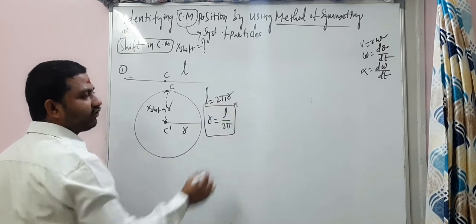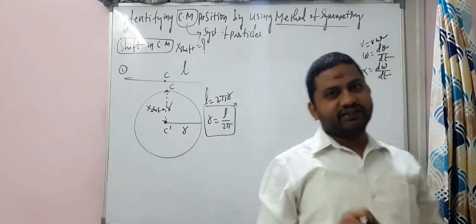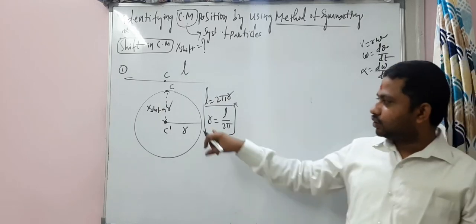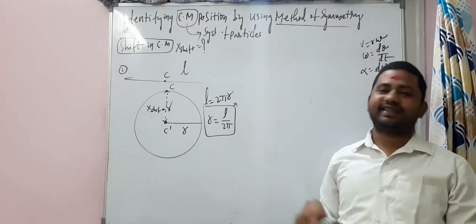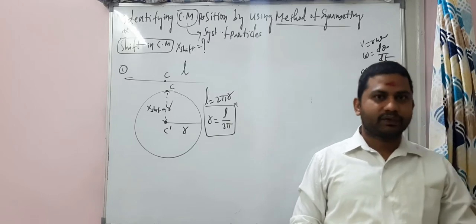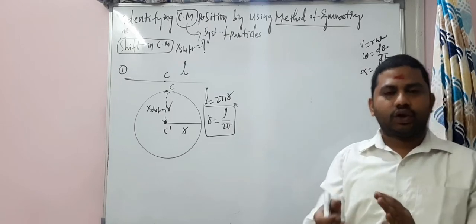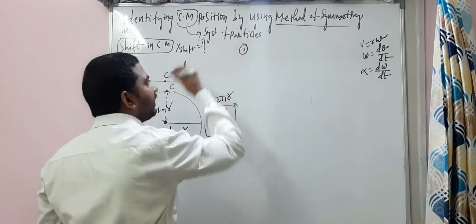This is a very important formula, students, for the NEET and CET level, a very important question. The shift in the center of mass is nothing but the radius of the circle here. So small r is equal to L by 2 pi. Right? So that was a little advanced level. Slowly the level will be raised now. Have a look at it. You will understand, all the levels will be covered.